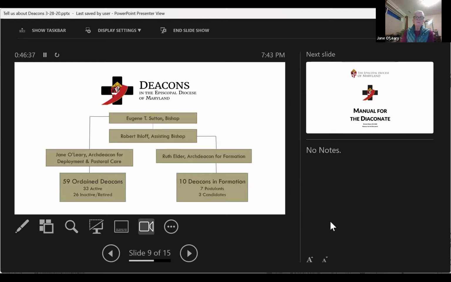So these are old names, look at that. None of those bishops are even here. None of those archdeacons are serving any longer. But you get the idea that in our diocese, the archdeacon is appointed by the bishop to give